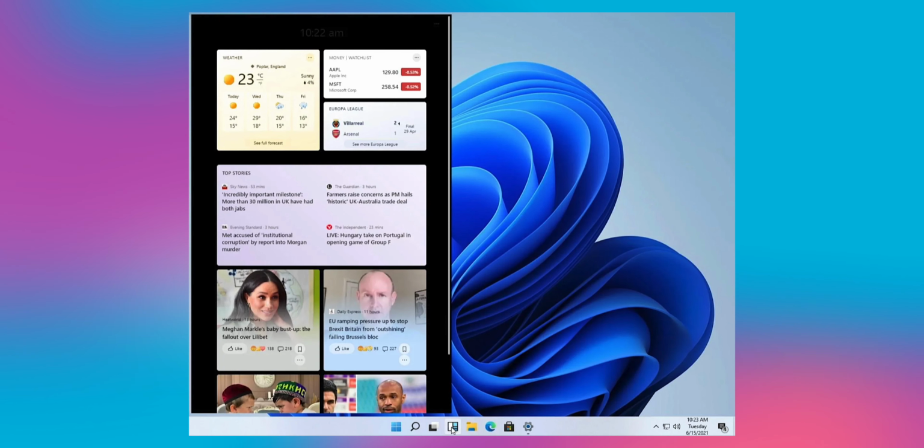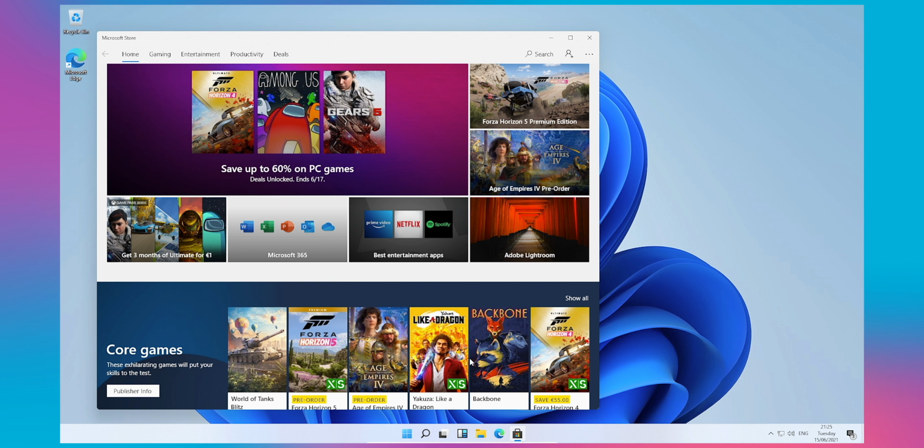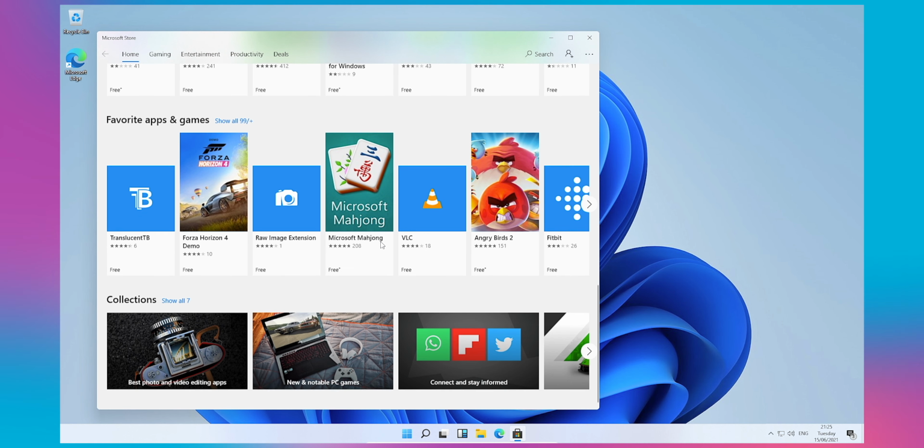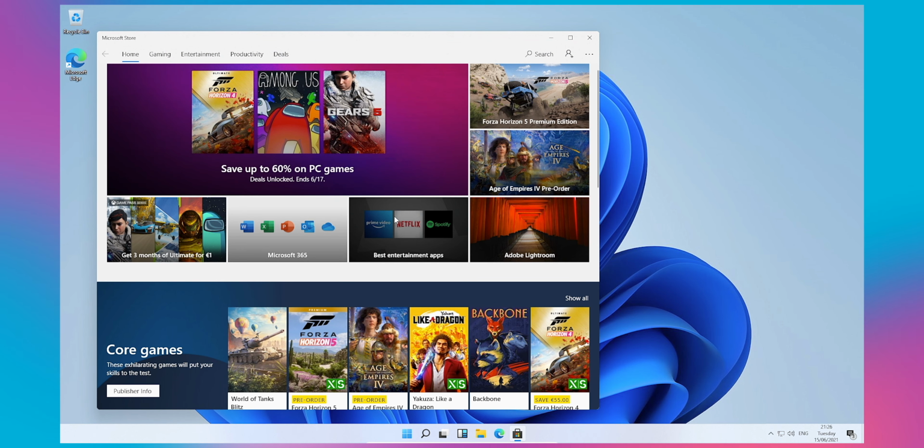However, here's an image from Tom Warren at The Verge showing an early version of what they perhaps may look like. As you can see, it's very similar to both iOS and Android in its presentation. The Microsoft Store has also gotten a facelift in Windows 11, and I actually found it to be much more responsive than the version of Windows 10, keeping in mind I'm running this in a virtual machine.